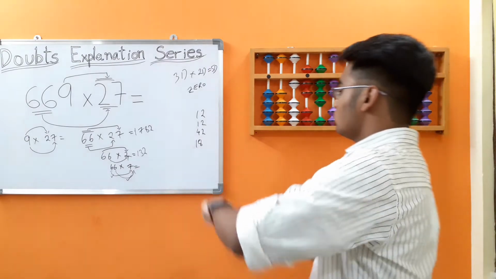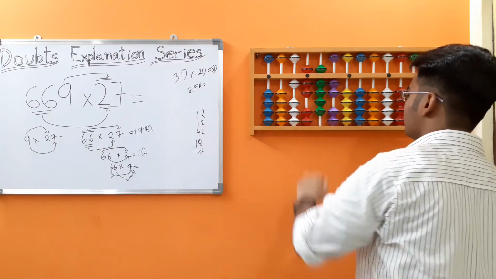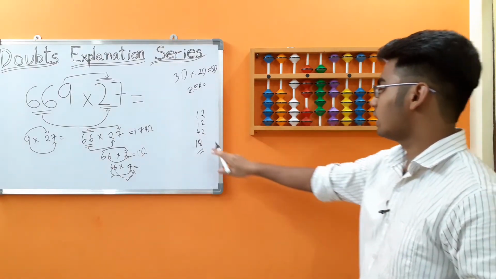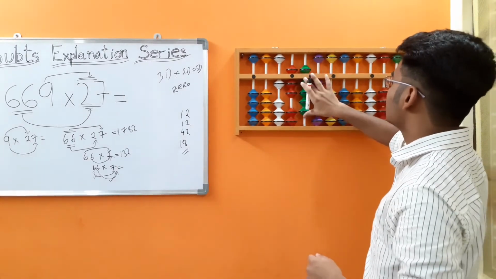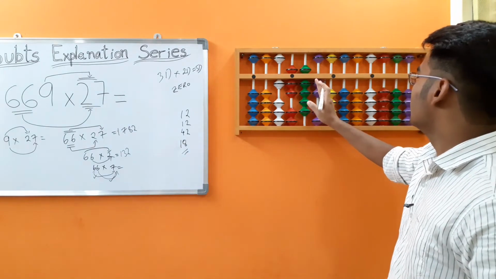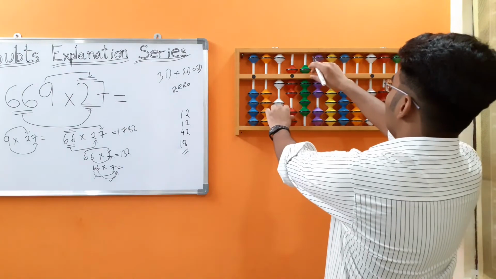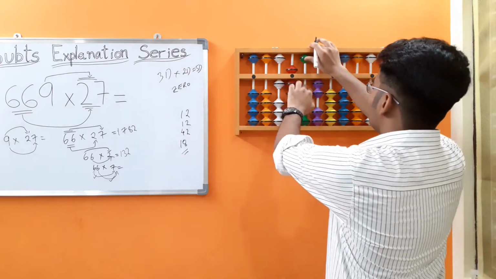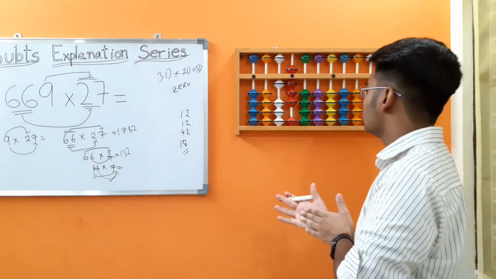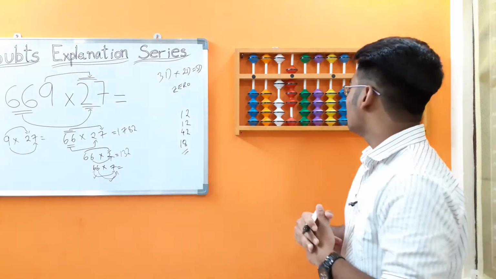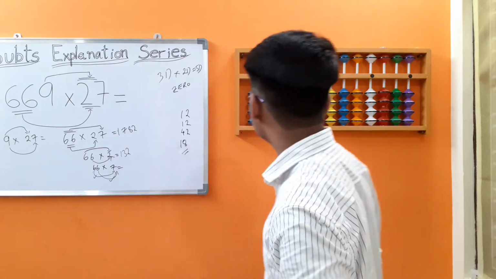Did I write 9 into 2 is 18? Yeah, 9 into 2 is 18. From the 100s rod, I've added 10 on the 100s rod. Now we'll have to add 8. We cannot add 8 on this rod directly, and again this rod is completely occupied. For the rod next left to the 10s rod, we'll have to use the multiple shift concept. Add the boss 10 on the 1000s rod and less 8's friend 2 on the 10s rod. Remember that you'll have to be very thorough with your friends concept to do multiplications properly, or else you will be stuck. 9 into 7 is 63.